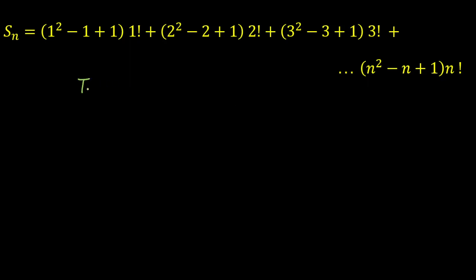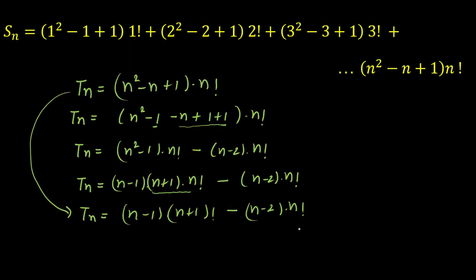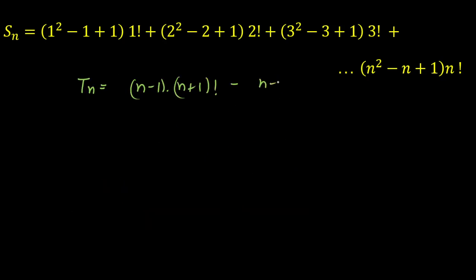So as I told you, you have to break the nth term into two parts. That is n minus 1 multiplied by n plus 1 factorial, minus, as you can see in the previous term, I have divided it into a difference of two terms, that is n minus 2 multiplied by n factorial. So I'll write here n minus 2 into n factorial. Now let's do our thing. Let's write n is equal to 1. For n is equal to 1, we'll get t1. So let's calculate t1, and if we do that, we'll see cancellation of alternate terms.